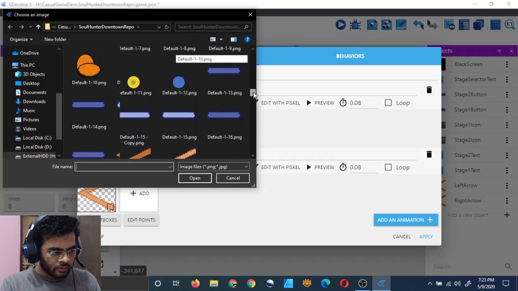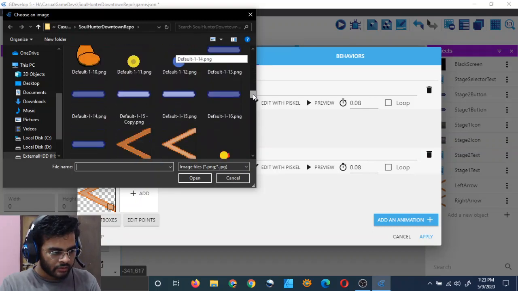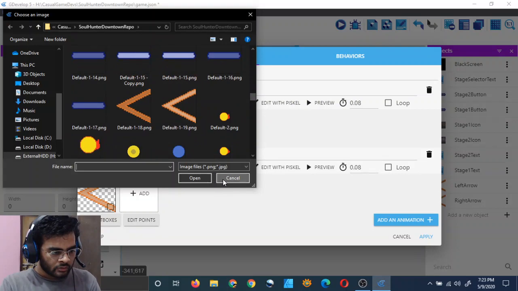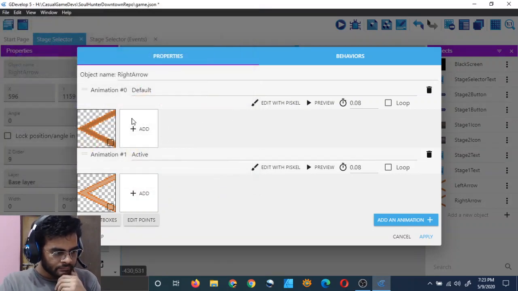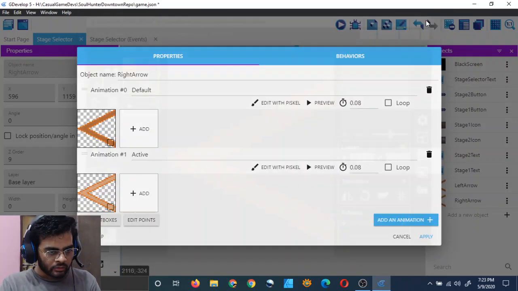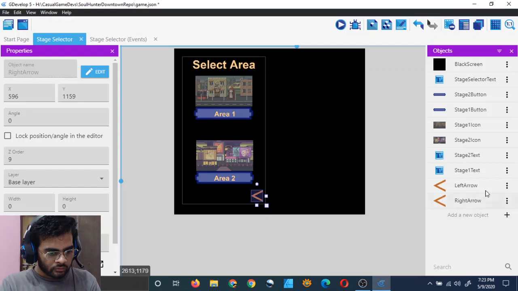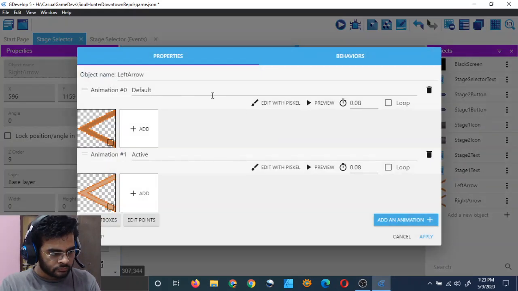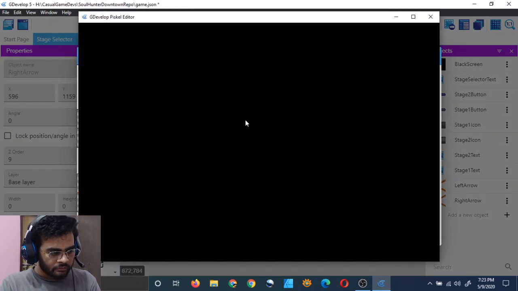And it looks like the right itself changed. Okay, then scale again, but not here. Go to left arrow with Piskel,